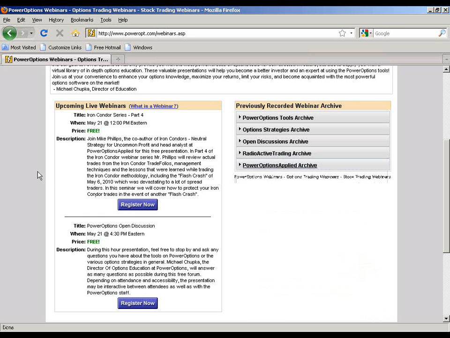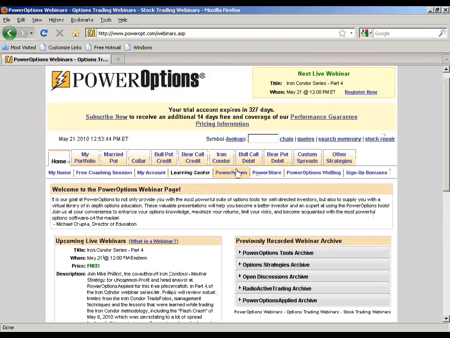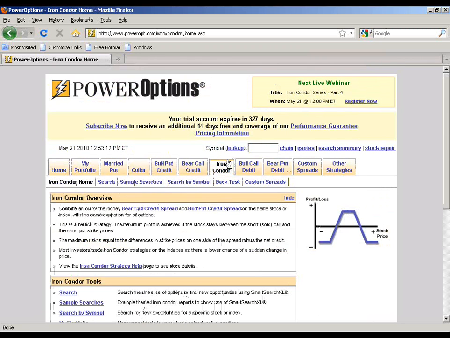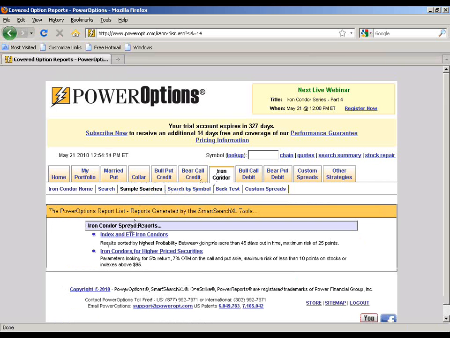But just to review a little bit of what we discussed in Part 3 of our presentation, to identify Iron Condor positions, such as the one that Mike discusses that he looks for in his Iron Condor book that was co-written with Ernie, rather than going directly into the main search screen, we'll want to start off in the Sample Searches section of the Iron Condor tab. So I click the Iron Condor tab, then we'll click on Sample Searches. And I have two default searches set here, one for Index and ETF Iron Condors and one for Iron Condors on higher price securities. We want to start off using the Index and ETF Iron Condor sample search as a